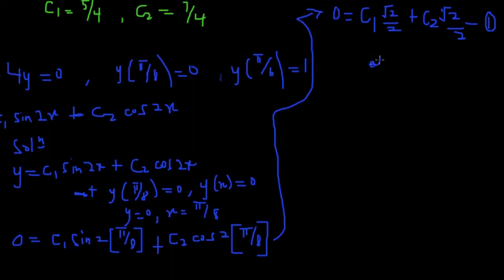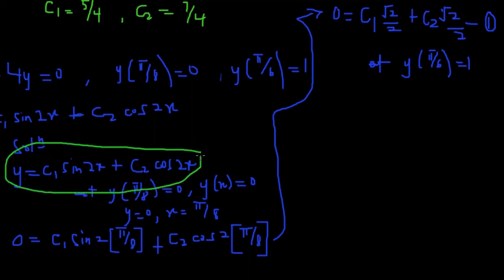So let's say at y, which is π/6, to be equal to 1. Note we are solving a boundary value problem. So from this expression, we have our y to be 1, which is equal to C1, and then sine